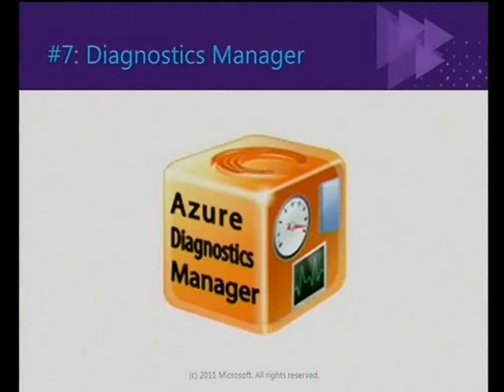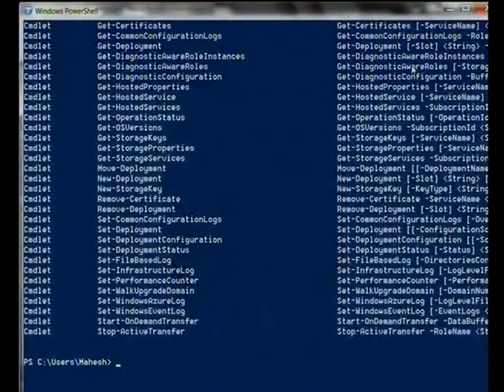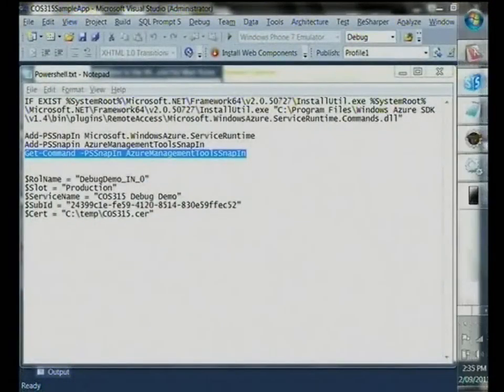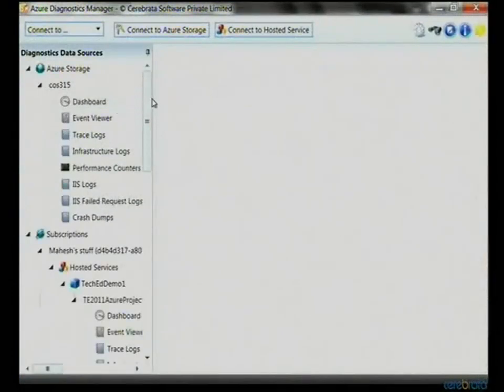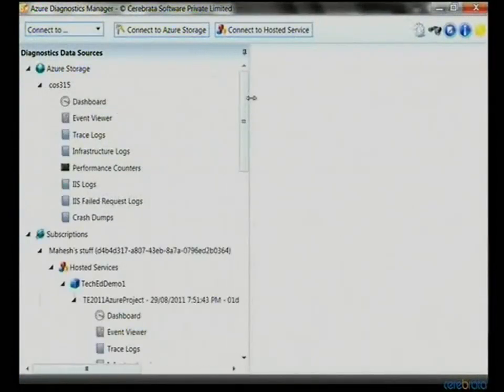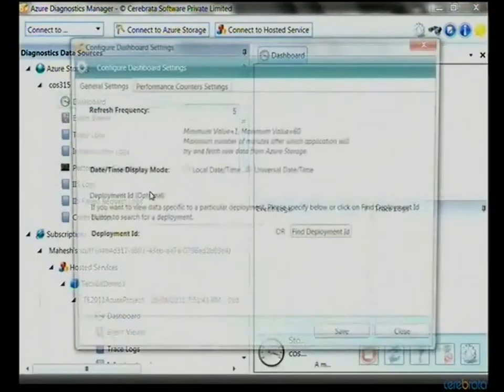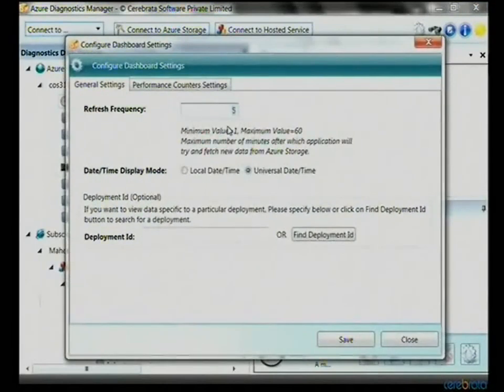So switching back to my other screen. In Diagnostics Manager, it basically puts everything into a nice little dashboard for you to see.